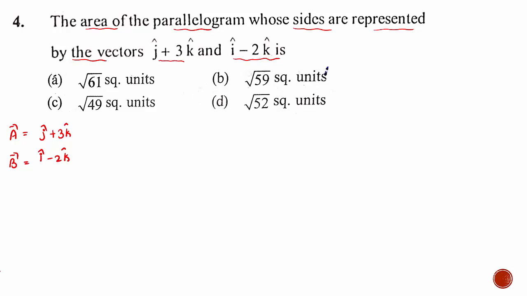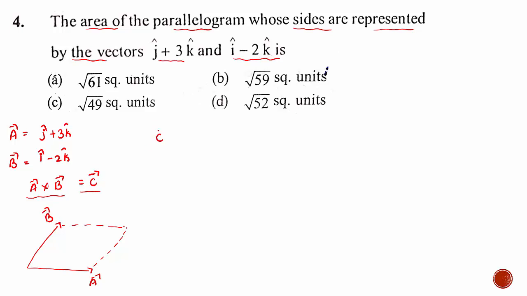Right? Now we can use the equation, that is vector A cross vector B is equal to vector C. Right? Vector A cross vector B equal to vector C, because according to law of parallelogram we know that, see here, if this is two vector, this is vector A, this is vector B. Let us take it as a parallelogram. The two sides are given here, right? So area means we know the length into breadth or side into side. Side into side means vector A cross vector B is equal to C, right?